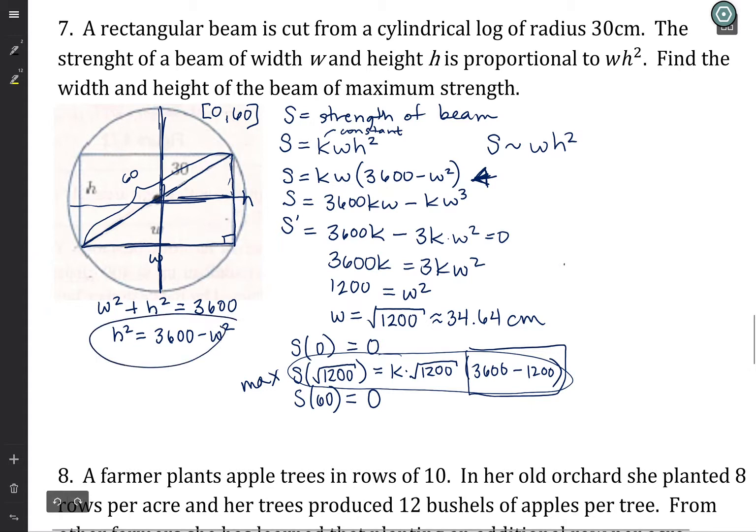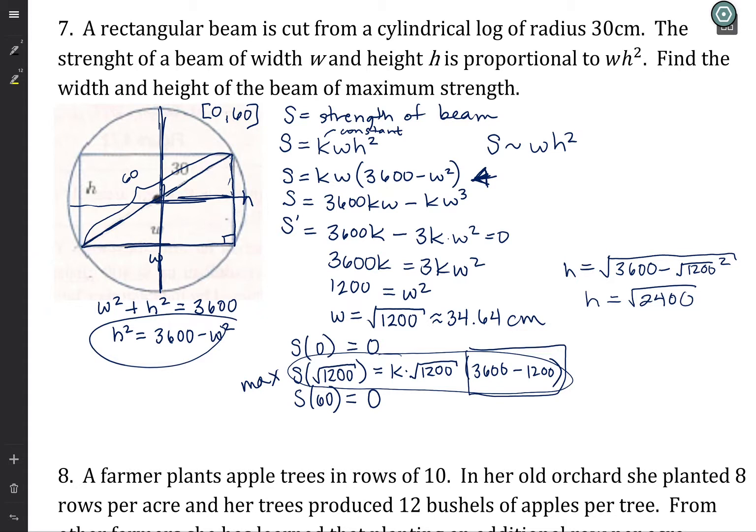Height is equal to the square root of 3600 minus W squared, which is root 1200 squared. So we get 3600 minus 1200, which is 2400. We want the square root of that. I missed a 4. 2400. Okay, so the square root of 2400